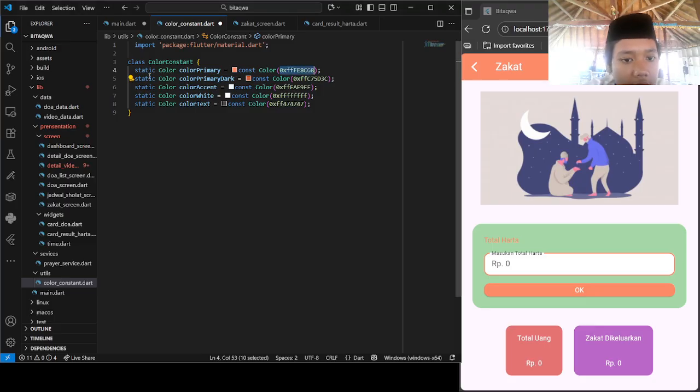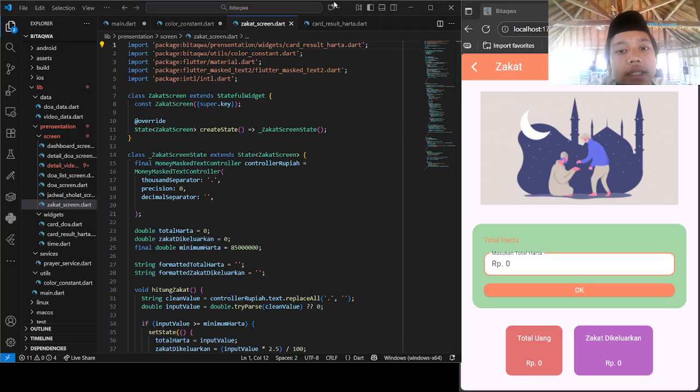And then there are other, different ones. There's colorPrimary here, and there is colorPrimaryDark, colorAccent, colorWhite, colorText. The simple thing is this is for color setting.